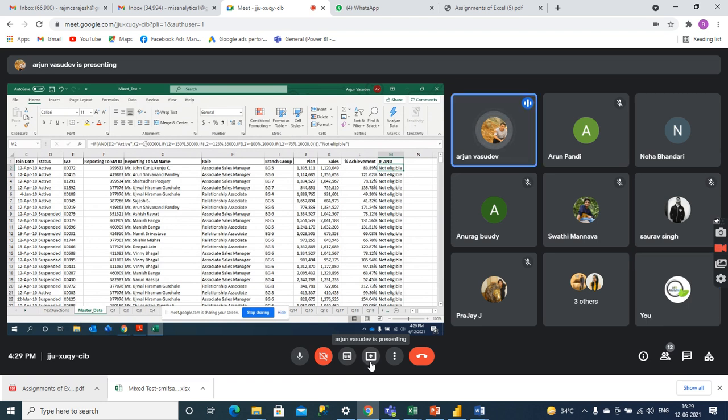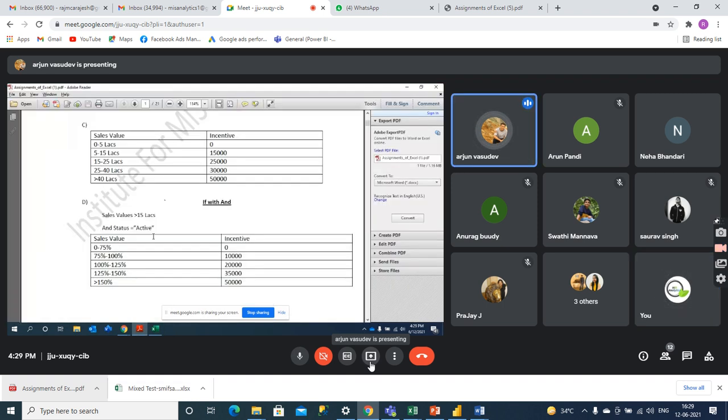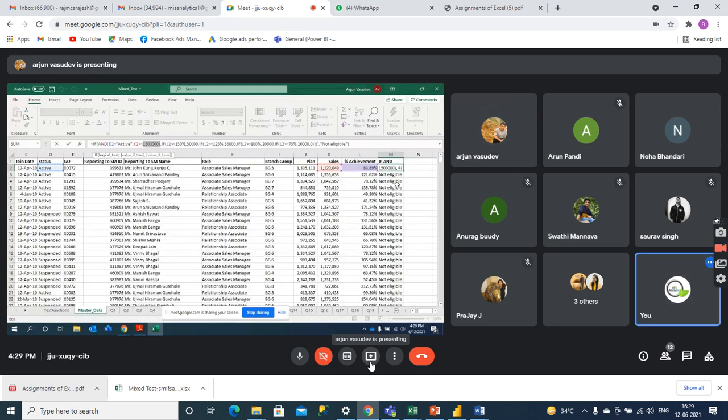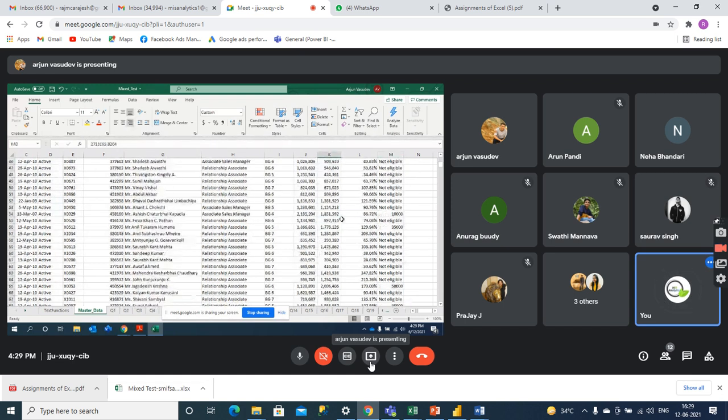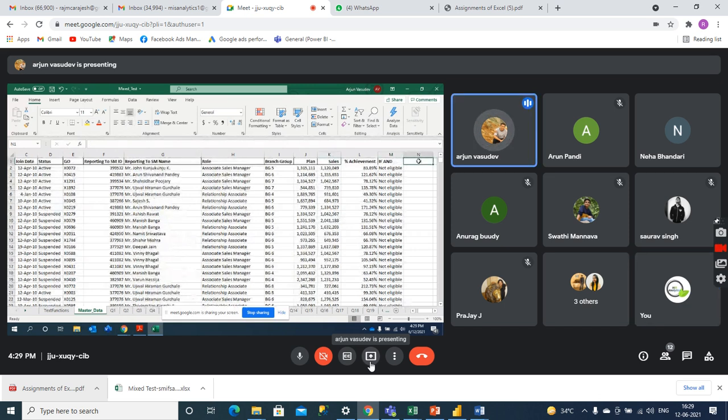I've given 15 lakh. You had given the example 5 lakh, that's why. Since your query here has 15, that's why. Scroll down. Yes, when the value is more than 15, your answer is coming true. Now IF or, I can put IF or.